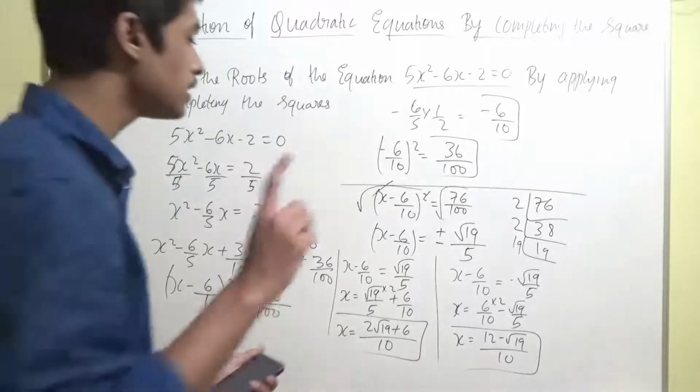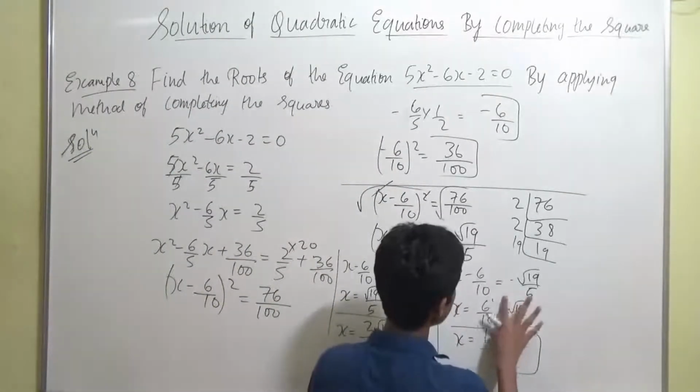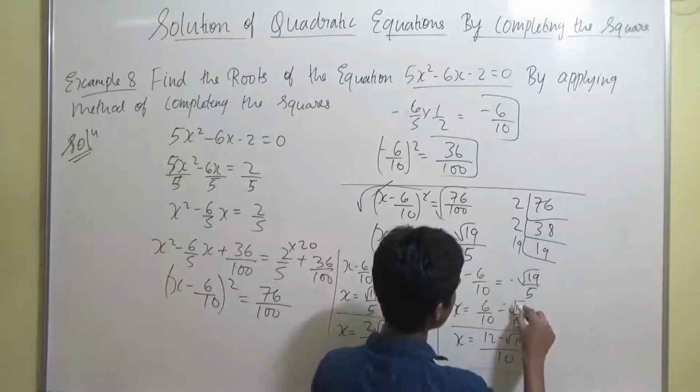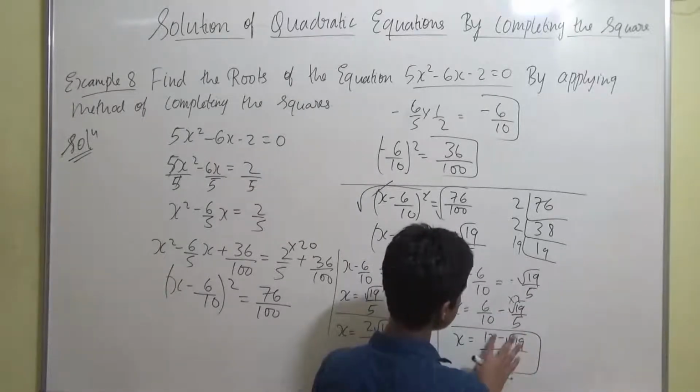Okay guys, here I have made a small mistake. The thing is, it is not into 2 here. While taking the LCM, I have to multiply here into 2, not here. I made a small mistake in taking the LCM. So this becomes 6 by minus of 2 root 19.